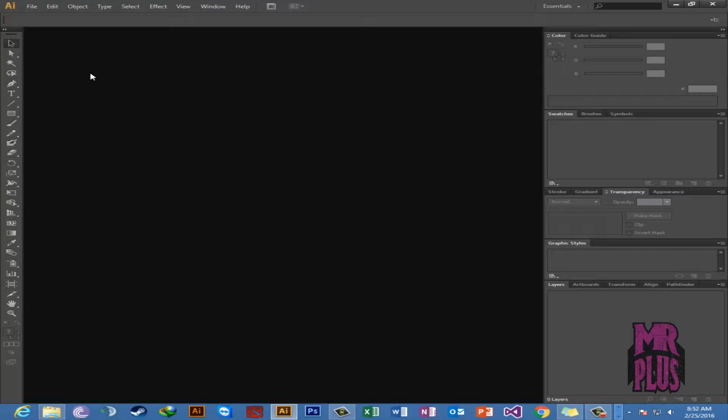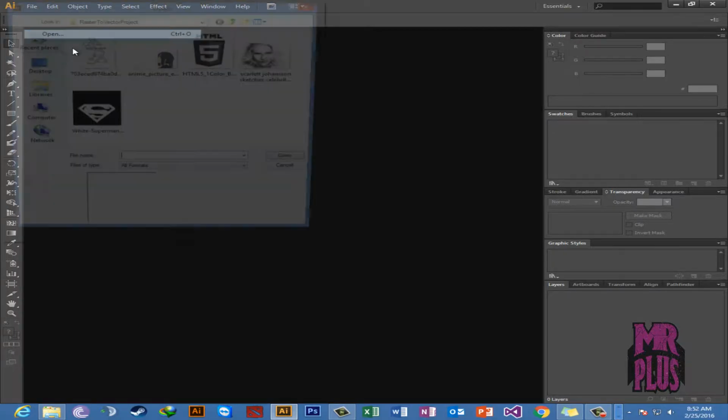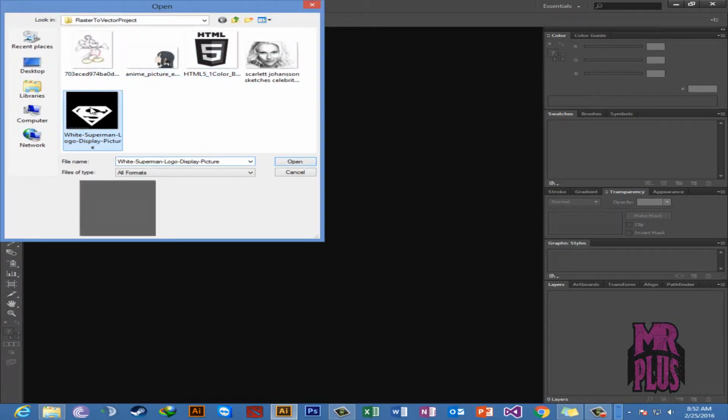Hey everybody, today I'll be showing you some possible ways that you can use in Adobe Illustrator. The one that I'm using here is Adobe Illustrator CS6. The possible ways of converting your raster image into a vector one, and let's say I have a raster image